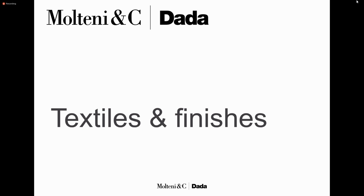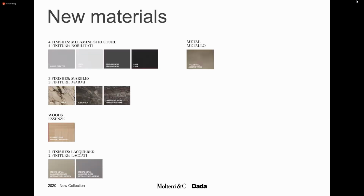To the end of this presentation: textiles and finishes. Not only items for the big family of our proposal, I'm speaking about the kitchens and the common units chapter in this case, but there are a lot of novelties concerning the finishes too. In this case, we will find for the doors and the panels 4 different kinds of new bilaminates. The first one, grigio cadetto gray,